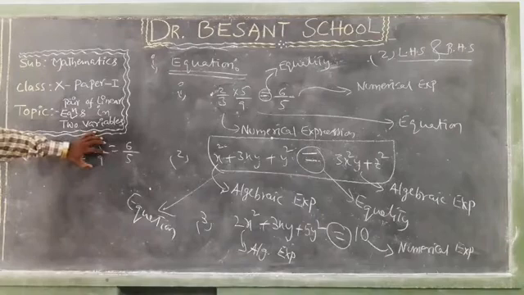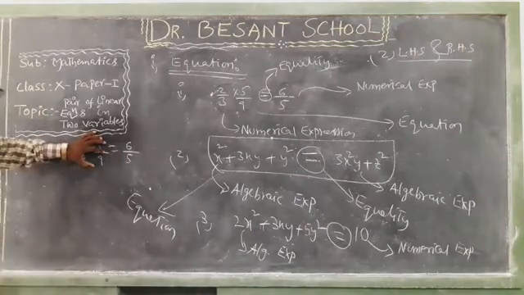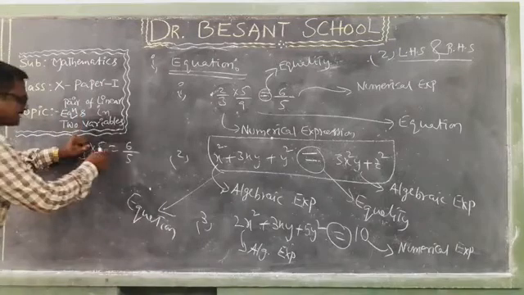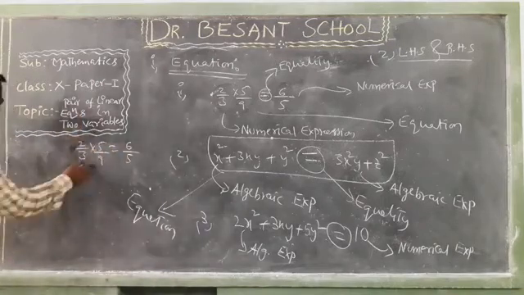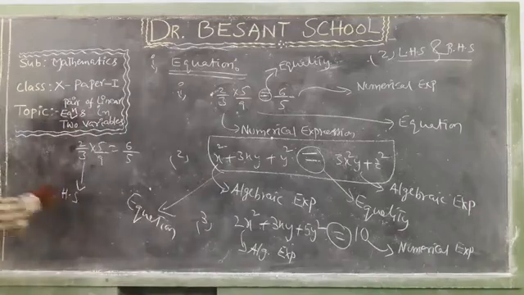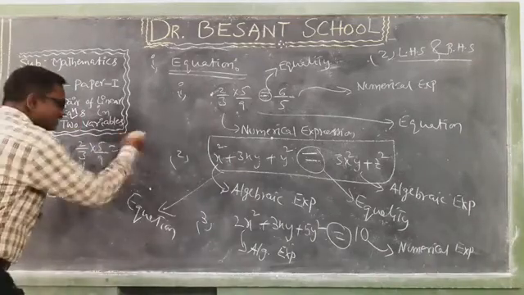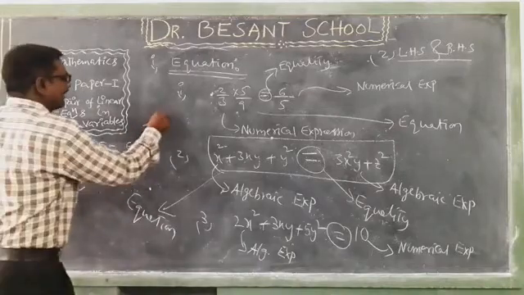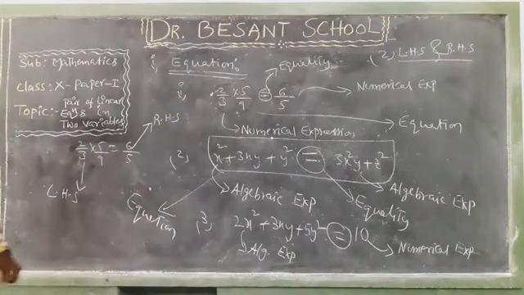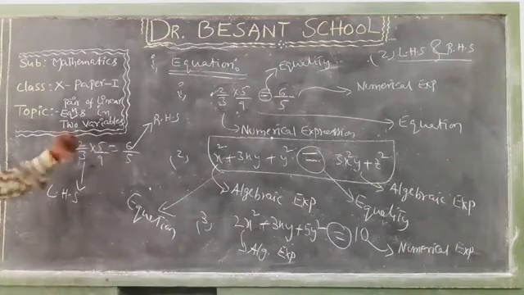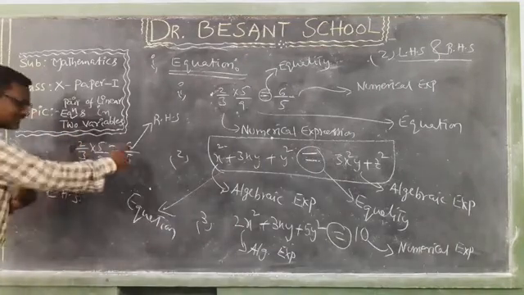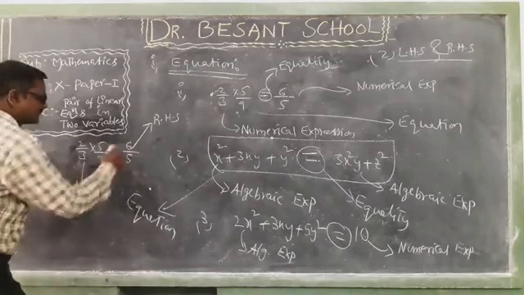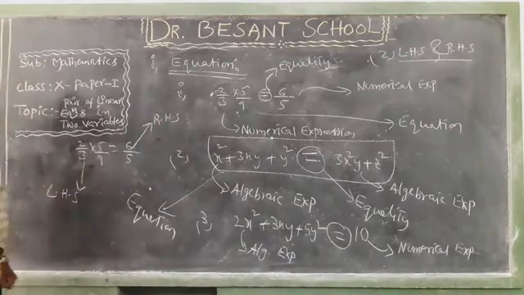This is the part which lies on the left hand side of this equality in this equation. So this is called LHS, left hand side. This is the part 6/5 which lies on the right hand side of this equality. So this is called RHS of this equation. Okay, children? The part which lies on the left of the equality is called LHS, and the part which lies on the right is called RHS.